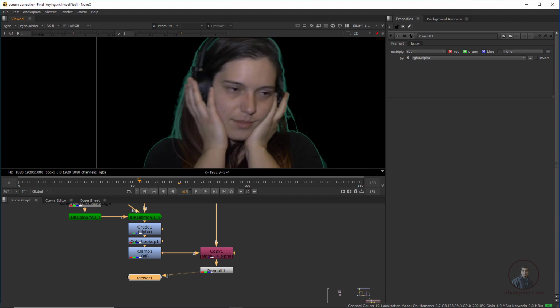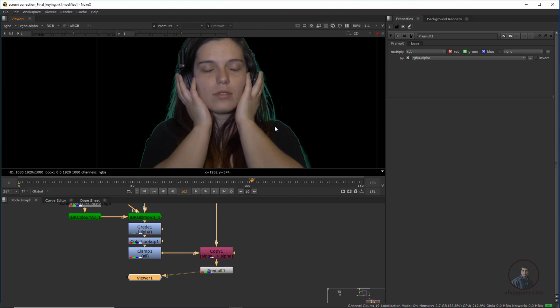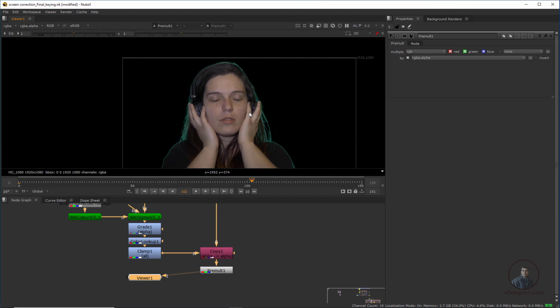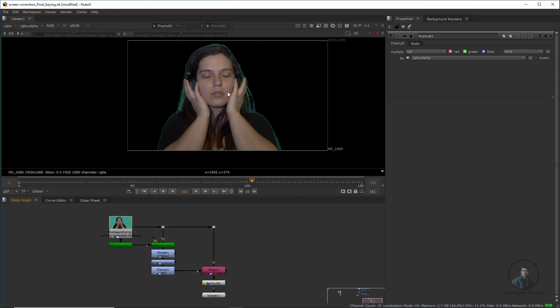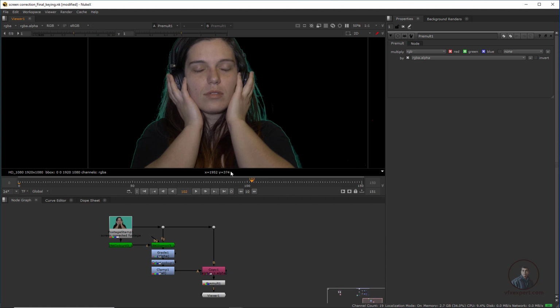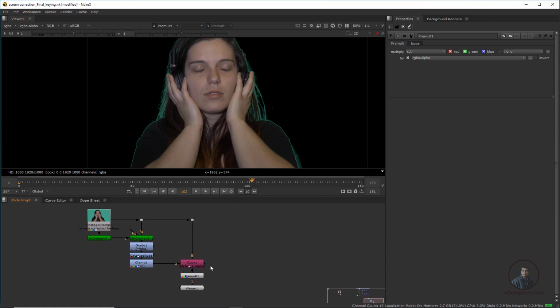So now, a little bit on frame 102 here. If you see, I am maintaining maximum detail here. Then after this, we have to merge this shot on top of our background here. Then we will start our process of spill suppression here. Even if you want, you can also start from here.